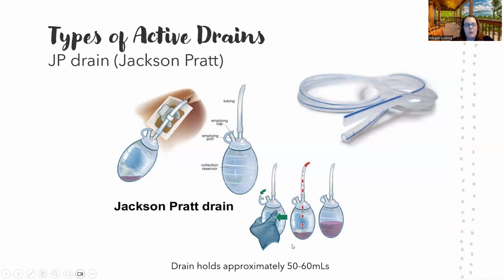That basically creates negative pressure in this grenade or the bulb. So if you don't squeeze this collection reservoir, there's no active suction. Okay, you have to put negative pressure in the bulb for it to literally start sucking it out. And once it starts to fill up, that air is replaced with the fluid, the blood, and if it gets too full, you need to empty it by just reopening that top cap,